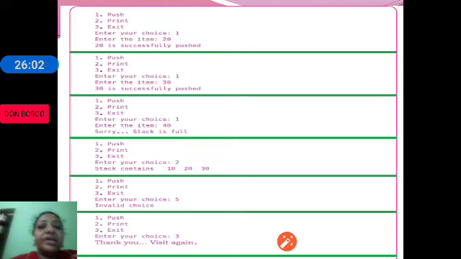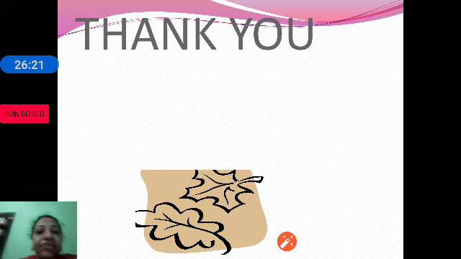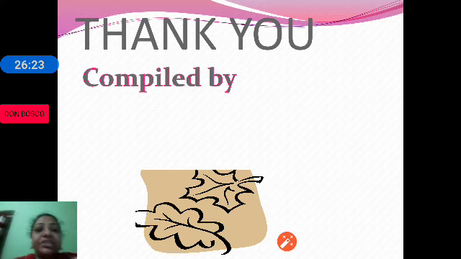The stack already has 10, 20 and 30, so 40 will not be inserted. We get an error message saying sorry, stack is full. Similarly, when we give 3, the program exits. So this is about the stack program where we have performed the push operation.